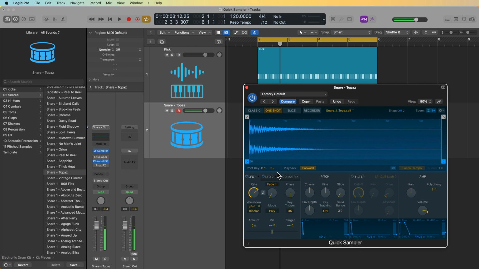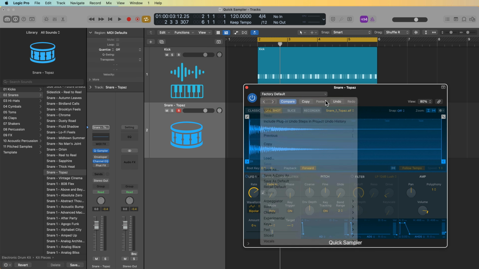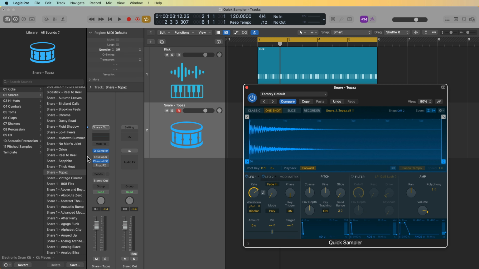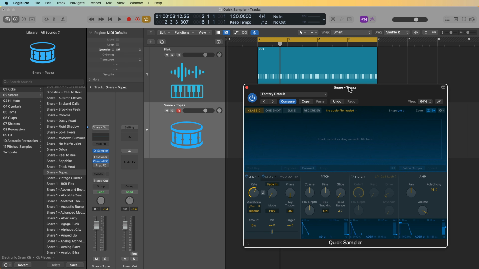So you can use it for some pitched effects if you like. You can also load presets from the menu up here, but most of these are all like synthesizer presets because all of the drum presets are going to be over here in the library. I'm going to go ahead and just reload this, recall the default setting, and I'm going to drag in a